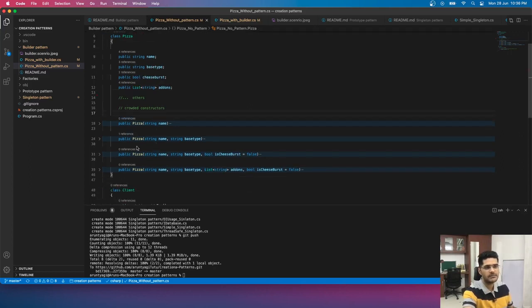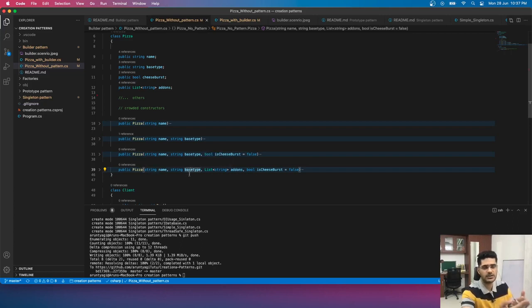Now, when you are creating the pizza object, you want to provide different options to your client. And obviously, because pizzas have different varieties, you cannot simply provide one type to your client. So one is that you have multiple options, and the constructor which has a lot of options has a lot of options of the same type, maybe string, right?